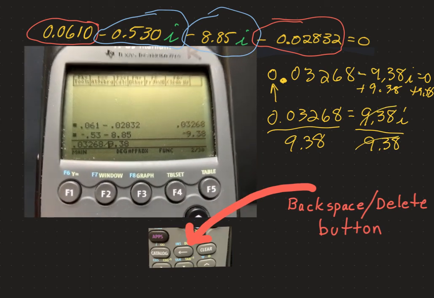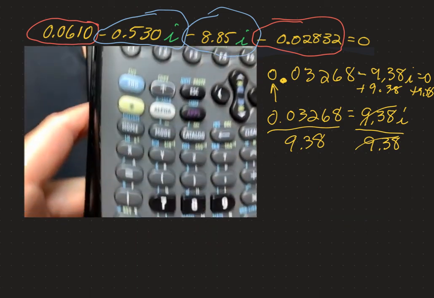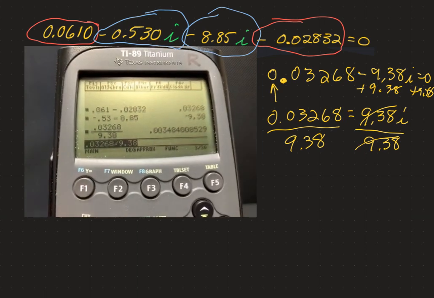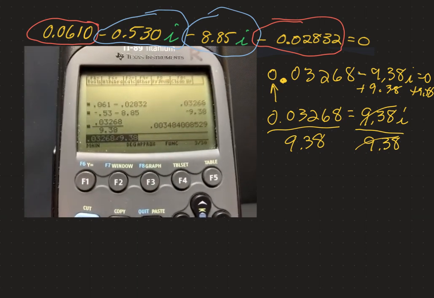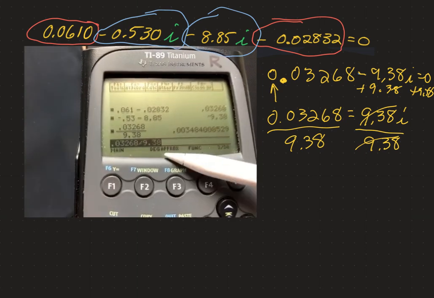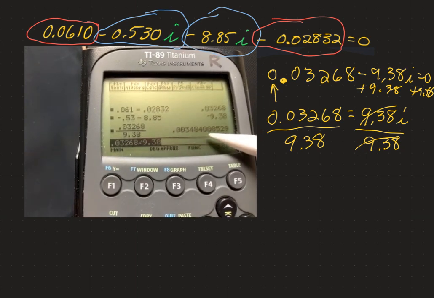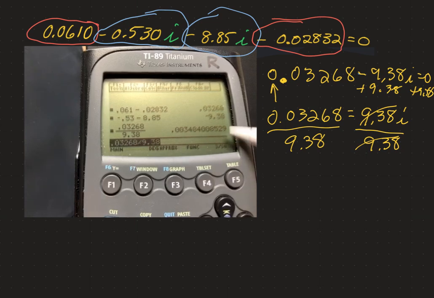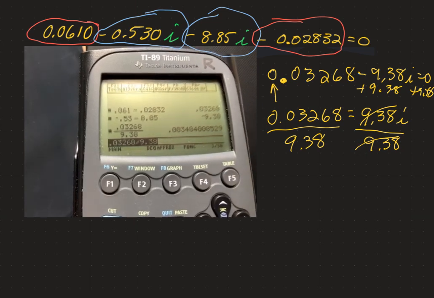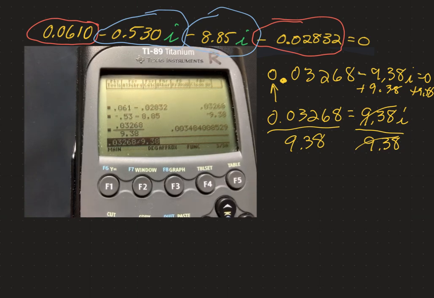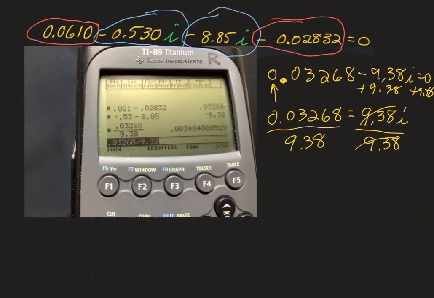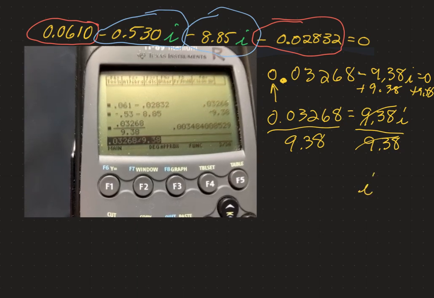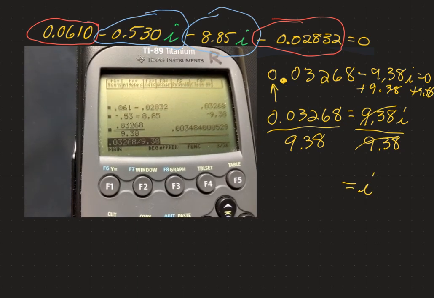On this side, it's just going to cancel. I can just hit enter. So boom, there's my answer. Not this. That's set it up so it's ready to go again. Here's my answer. And it goes out even further because I've adjusted my calculator to give me lots more decimal numbers than I need. Because remember, this started with 3 significant digits in each case. So I have I equals